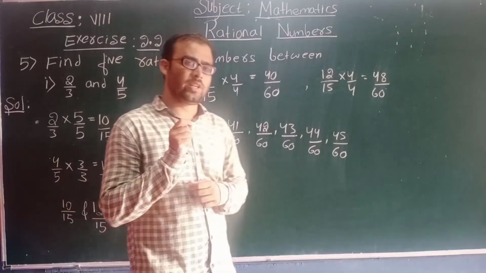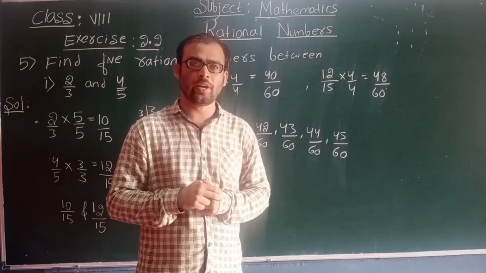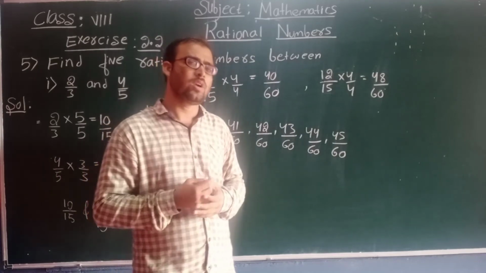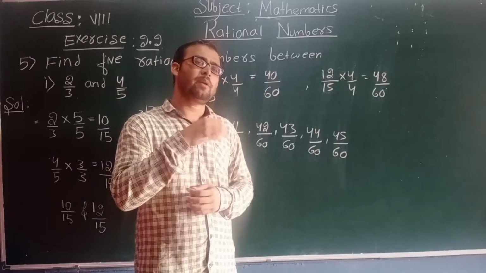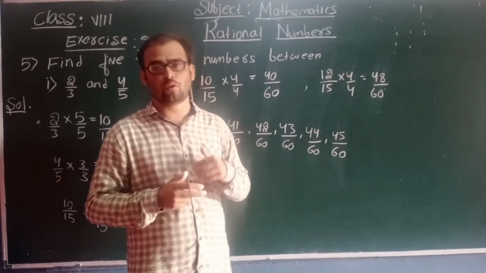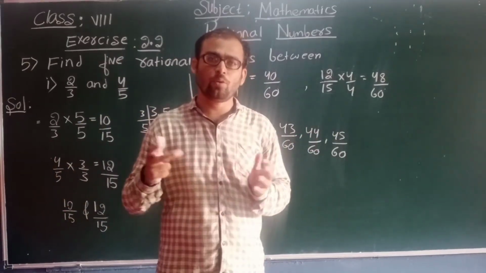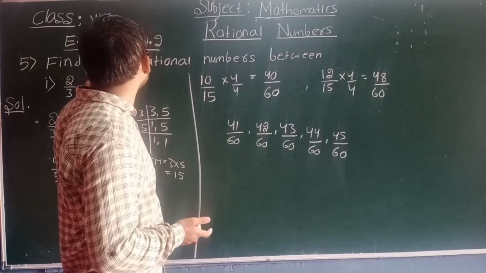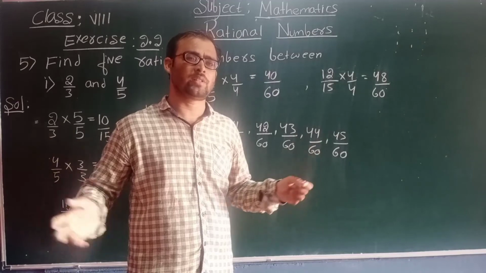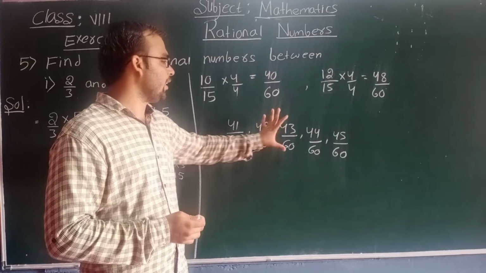Students, one thing you should remember: it is not like that if you have not got the textbook answer then your answer is wrong. For this kind of question you can get any answer. Why? Because if you go on multiplying by bigger and bigger numbers, then you will get more and more rational numbers between any two rational numbers. Here they have asked to write 5 rational numbers between these two numbers. In between there are many numbers, so you can write whatever you want. I have just taken these 3 numbers.